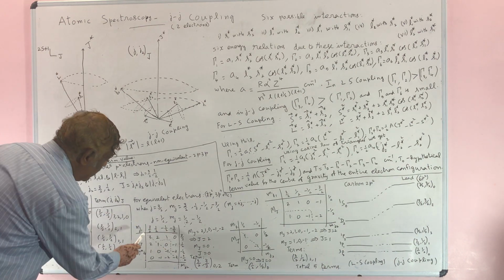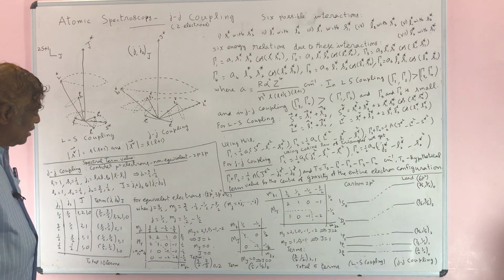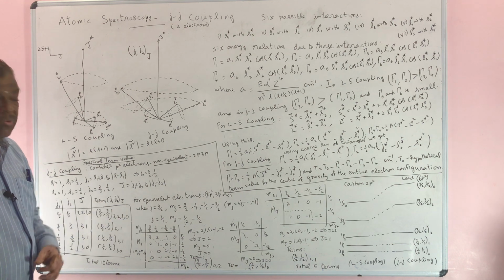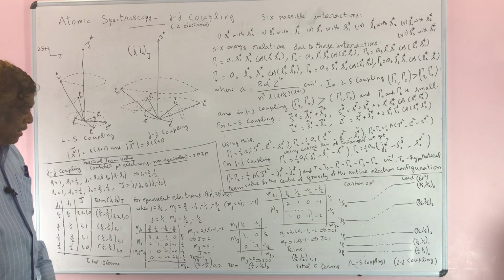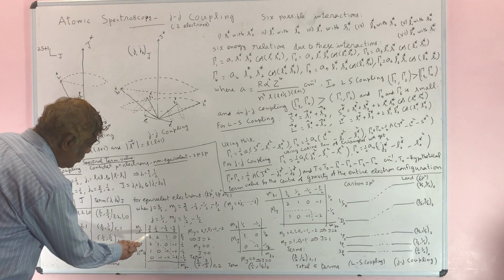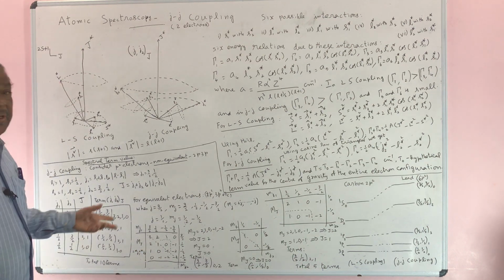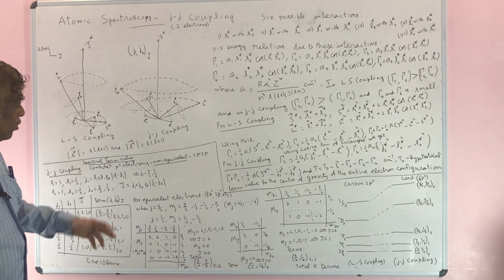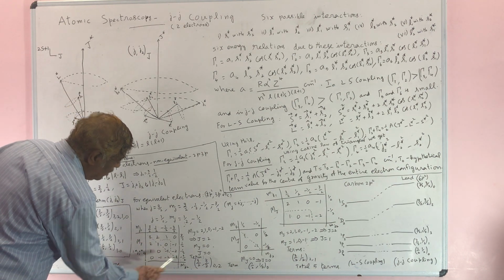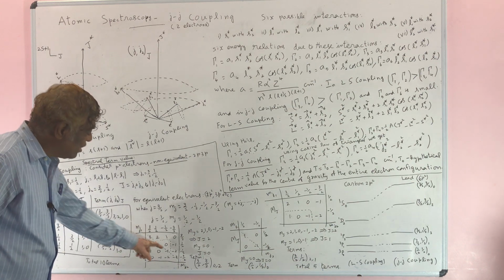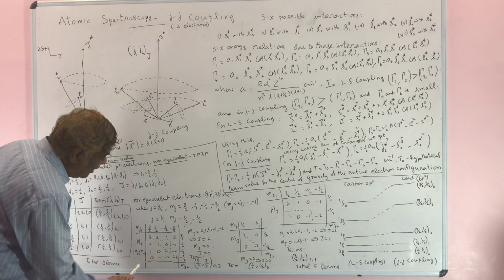Now you put a dotted line here. The dotted line means that here we have to apply the Pauli exclusion principle, because no two electrons can have all the quantum numbers the same. Therefore, if you choose a number on the diagonal, it represents both electrons having the same quantum numbers. In order to avoid this, you have to remove these numbers. You should not consider these numbers along the diagonal. So these numbers we are not considering.